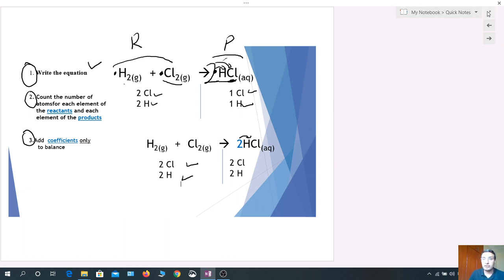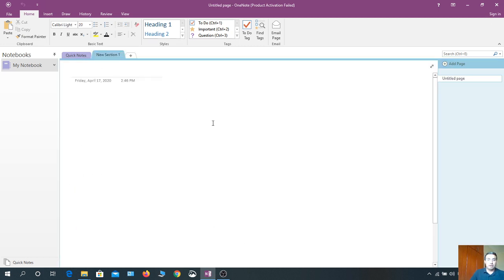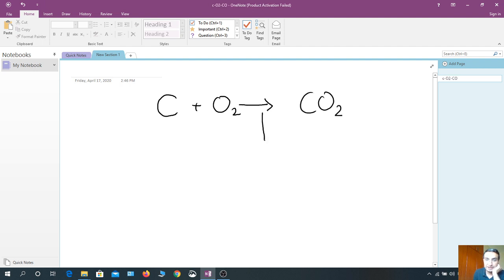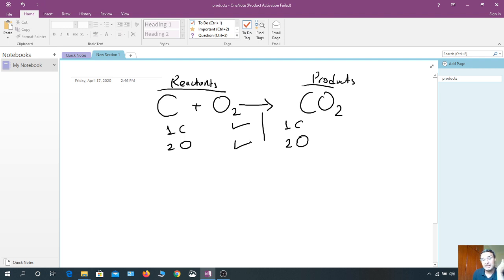Now I would like to give some simple examples, for example carbon plus oxygen, it is going to give carbon dioxide, and I am going to check. These are my reactants, these are my products. Here I have 1 carbon, I have 2 oxygen. Here I have 1 carbon and I have 2 oxygen. So you can see the number of carbons are equal, the number of oxygens are equal, and this chemical reaction is already